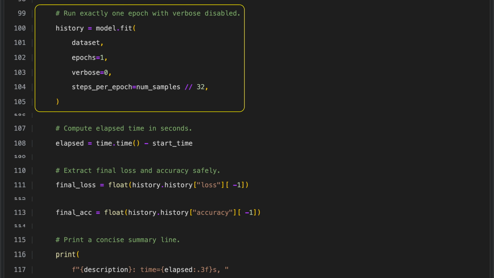This code runs the model for a single training epoch using the fit method, so the model sees each sample in the dataset exactly once. Training output is turned off by setting the verbosity to 0. The number of steps in the epoch is set by dividing the total number of samples by the batch size, ensuring the entire dataset is processed in one pass. This setup is used to measure how long one complete pass through the data takes, which allows comparison of different